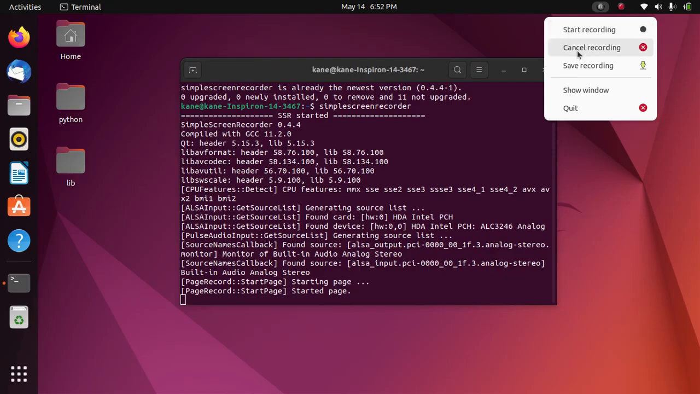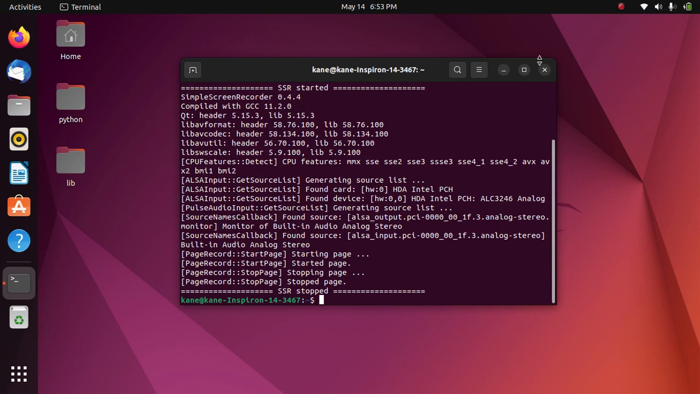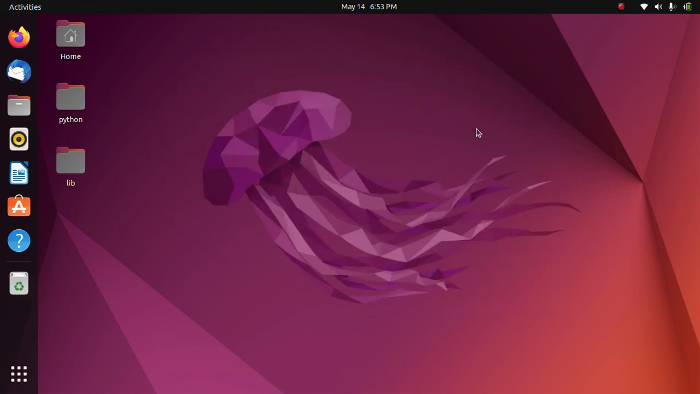And if you are not satisfied with your screen recording, then you can simply cancel that recording. You can simply click on save recording if you want to save that recording, and of course this is a quit button if you want to quit from this application. So this is all about SimpleScreenRecorder, but make sure that you are not logged in on